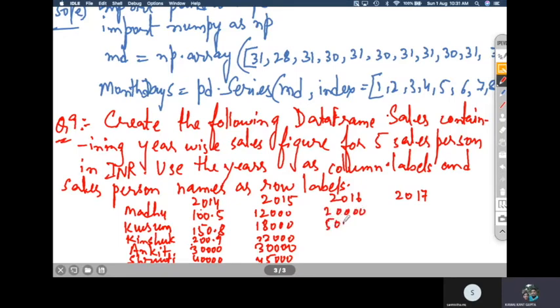So it's given in the question, that particular value, or you may 70,000, 1 lakh, 1,25,000.